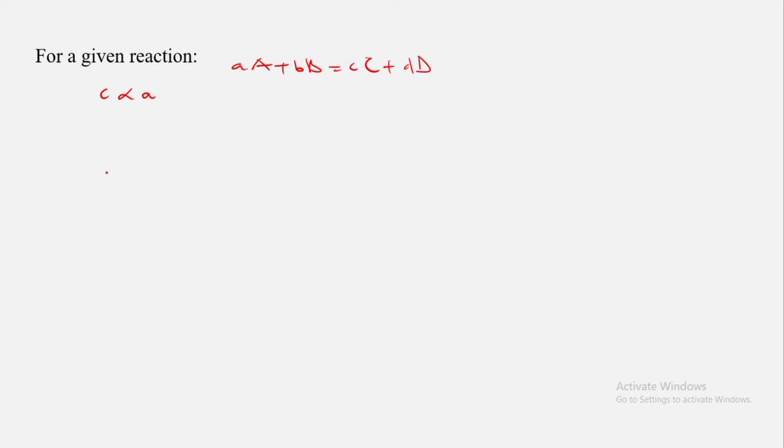In activity form. Then when you divide K1 by K2, which is the equilibrium constant, you're going to get the activity of C exponent small c times activity of capital D exponent small d divided by the activity of